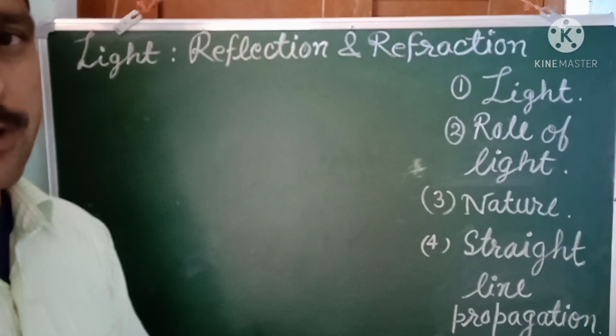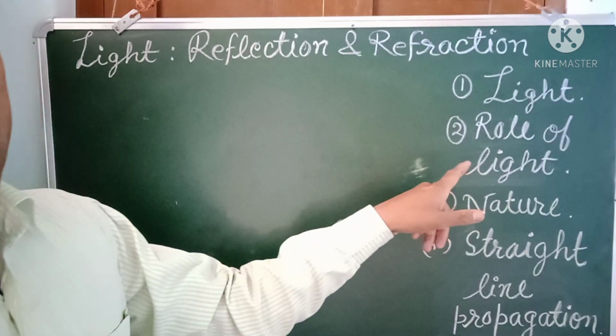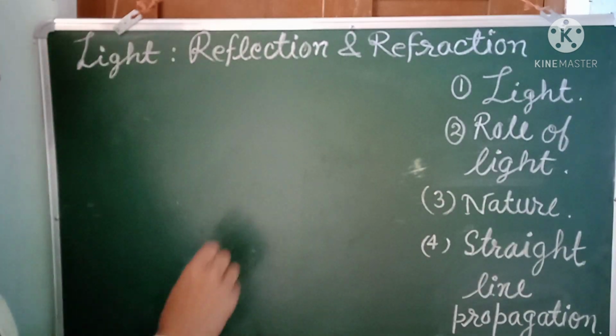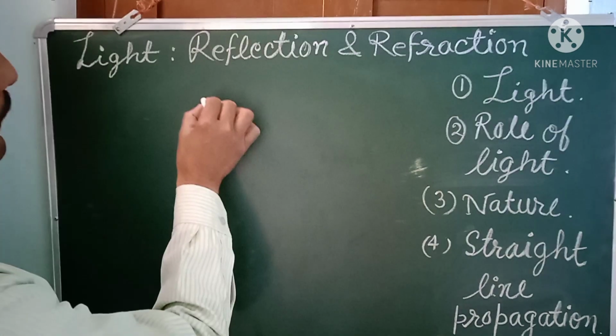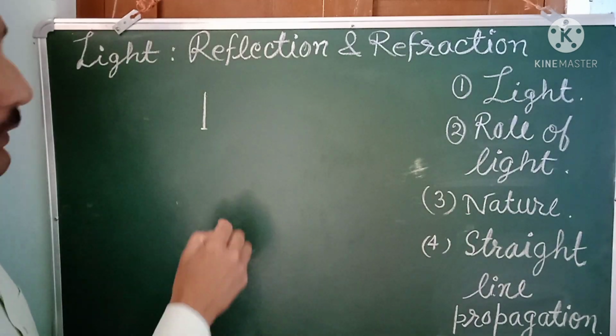What is the role of light in our daily life? We can see things only when there is light. If there is no light, we cannot see things. We can understand this with the help of an example. Suppose that it is an object or a thing. Whenever a light falls on it,